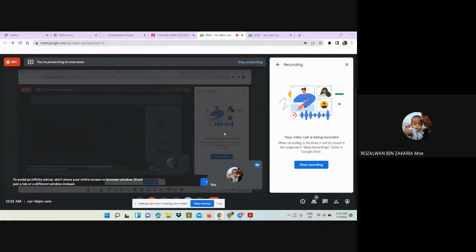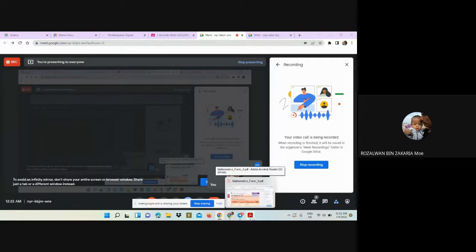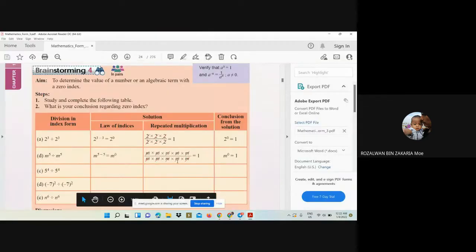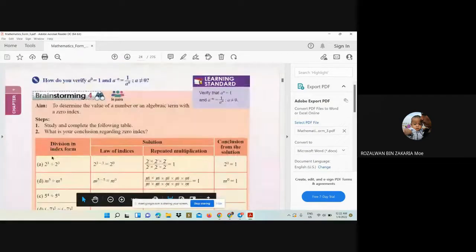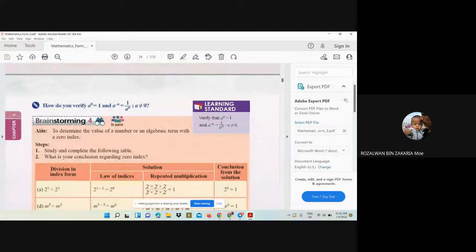Okay, for maths lesson today, I will continue our lesson, still chapter 1. But first of all, I want all of you, please open your maths textbook. Then turn to page 14. So today we are going to learn how to verify a power of 0 equal to 1